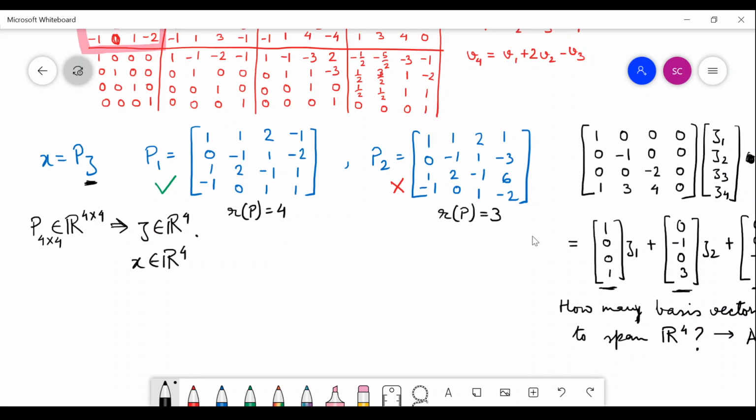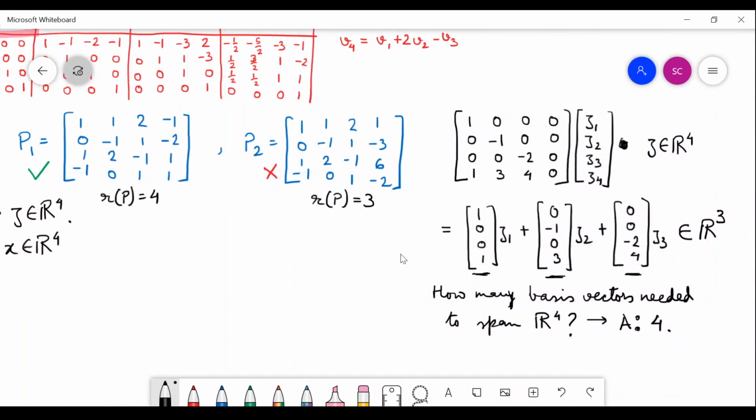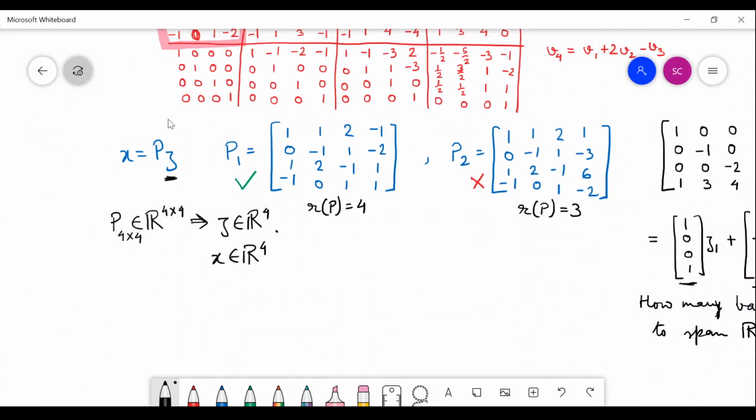And when this dependency occurs, that means the rank is getting lost. That means we are unable to transfer a vector from this state space to another vector in the same state space. Our dimension of the space is getting reduced. So where we are landing, on that range space, becomes of a lesser dimension than the original space. This we do not want when we are doing a similarity transformation.